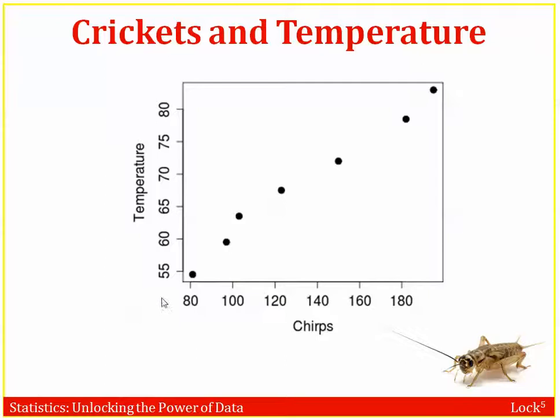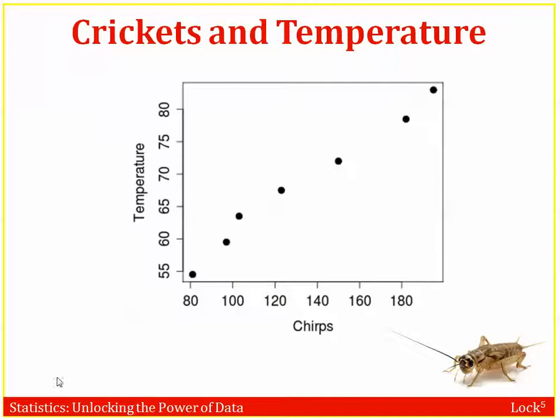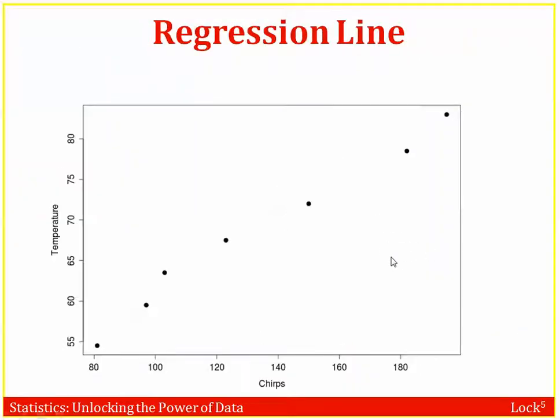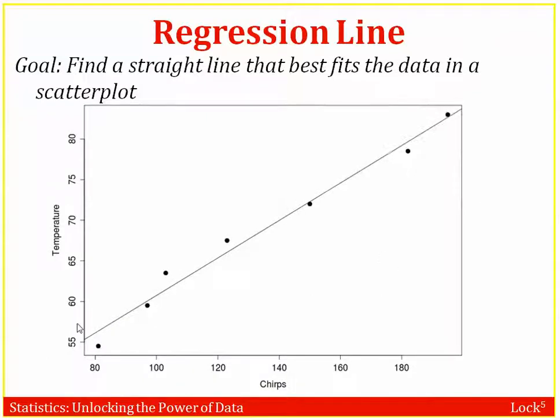We've also got the response variable, which is the temperature, the dependent axis. So we can make a regression line that fits this data as good as possible. We're going to talk more specifically about what it means to fit the data as good as possible, but